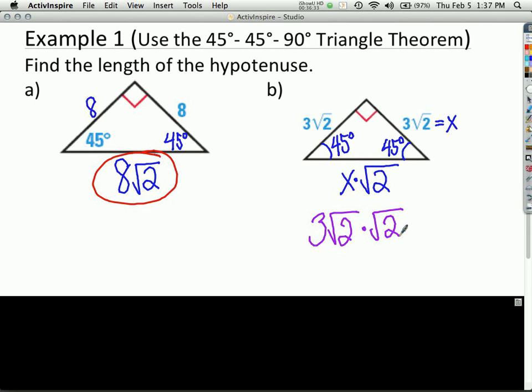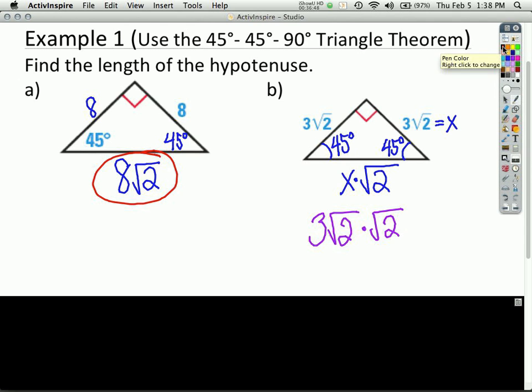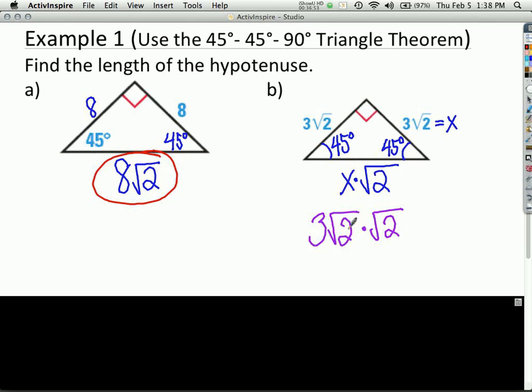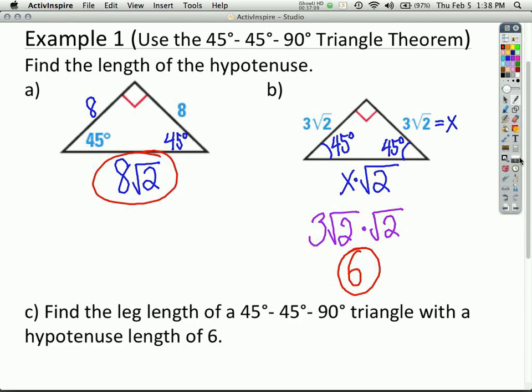Give me a thumbs up when you got it written down. A couple people figured it out. Good. John, what is it? 6. Do you agree? Yeah, it comes out to 6. When you multiply a radical times a radical, basically you get the number inside the radical. So that's 2 times 3. And so the hypotenuse is 6. Does anyone have any questions about that? Any concerns? Any observations or theories? Okay, so now